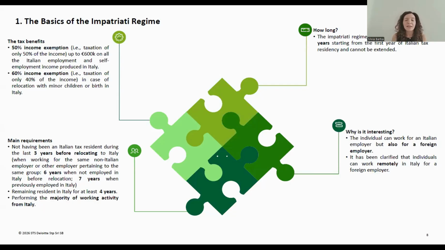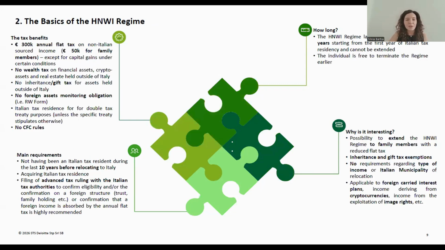If we move to the next special tax regime, Raffaele, next slide, please. We're looking at the high net worth individual special tax regime. So this regime targets high net worth individuals, as the name says. So either entrepreneurs, private equity fund managers, and any other individual for which the wealth and income is concentrated and